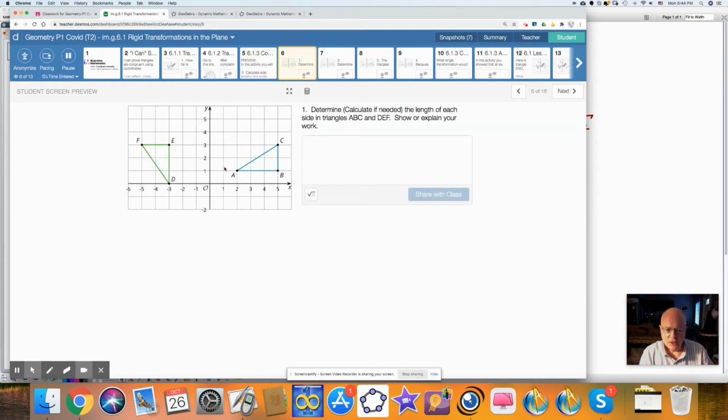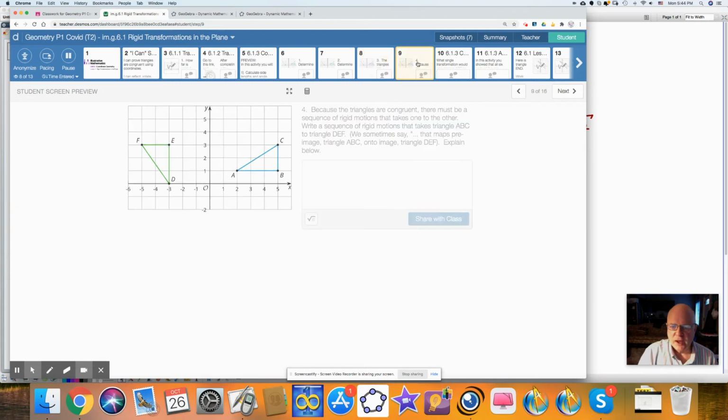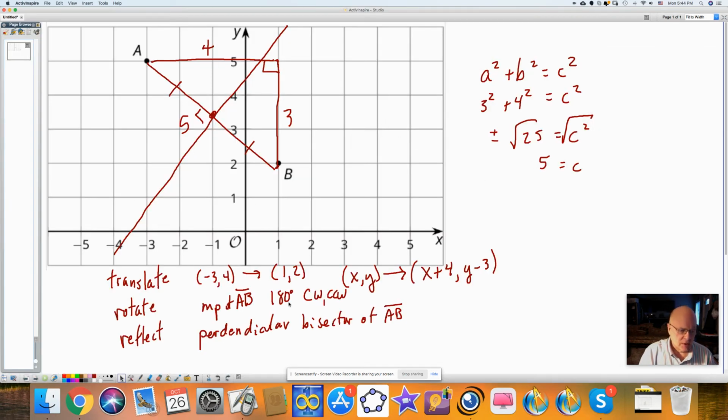And here is our figure. Let me copy this over, and I'll use this for my demonstration for this lecture. You should try this on your own. Here we're finding the side lengths. Here we're finding the angles. We're going to talk about why they are congruent, and then we're going to show a transformation, talk about a transformation that would achieve this. So if I go to the next page,